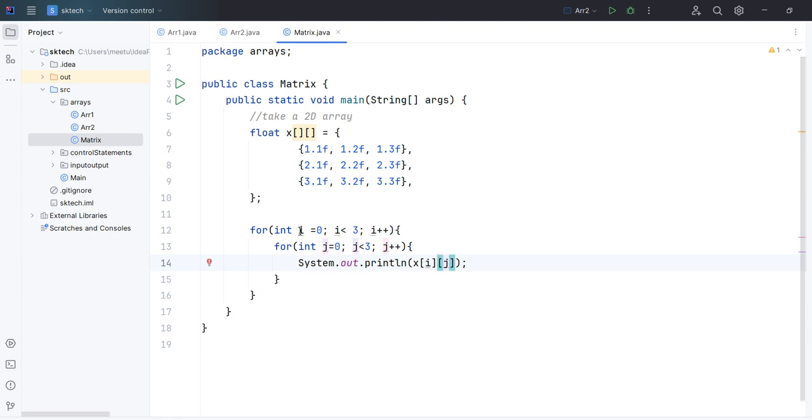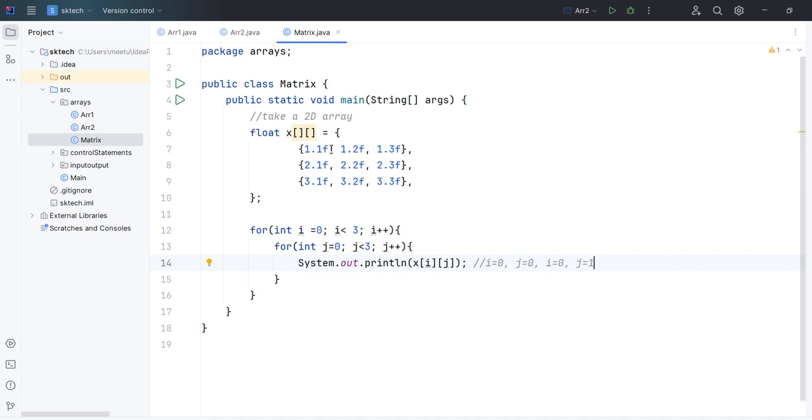So the first time, what will come? First i becomes 0, then it will come inside, then j becomes 0, it will come inside, and then here it will print. Basically, the first time i will become 0 and j will become 0, right? So what is the value at position 0,0? 1.1. Then the second time it is going to run this for loop again, right? Because the for loop condition is still satisfied, j was 0, now it will increment. So i is still 0 only, but j is now 1. So what is the position in this array basically?